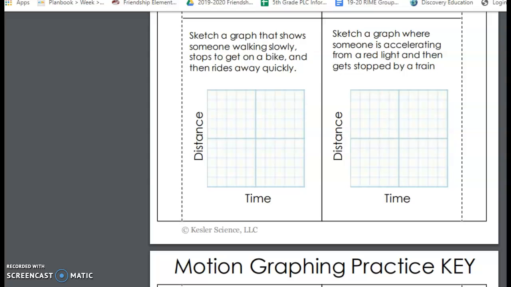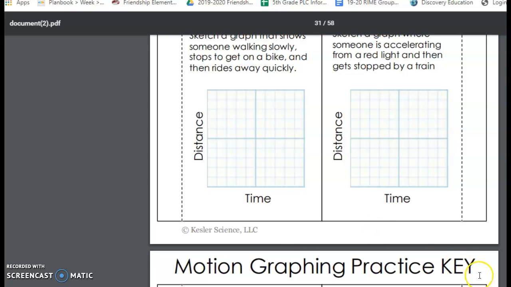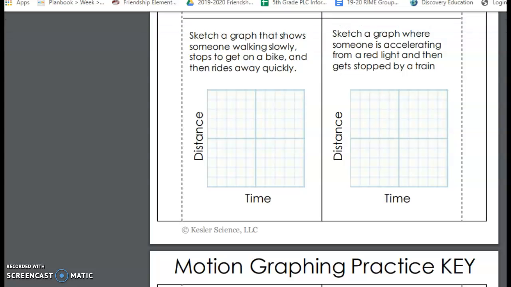Alright, back again, still looking at graphs. The first thing we're going to do is determine what type of graph it is. It might not always be distance and time, but determine what type of graph it is, and it's still a distance and time graph. Sketch a graph that shows someone walking slowly,